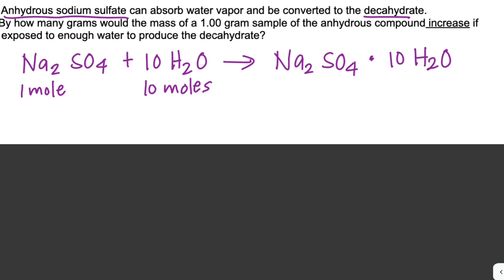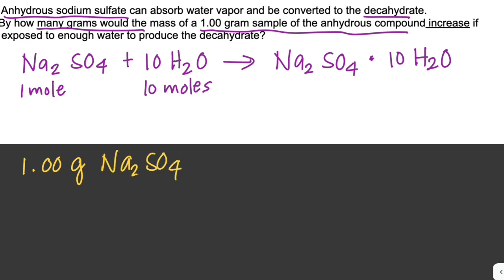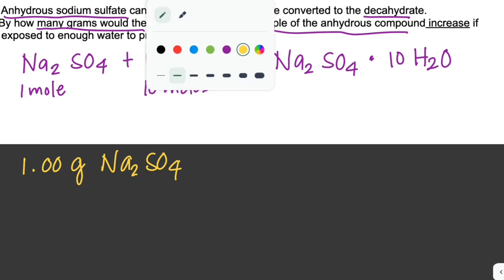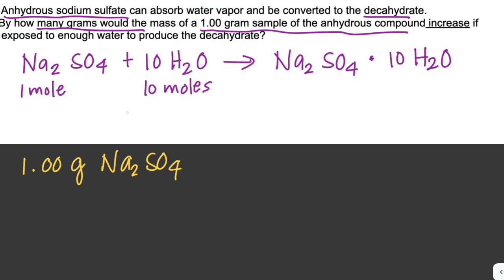And we're given a 1 gram sample of anhydrous compound. We need to solve for the number of grams of water. So let's start with the given value, which is 1 gram. So 1 gram of anhydrous sulfate, Na2SO4. We need the molar mass of